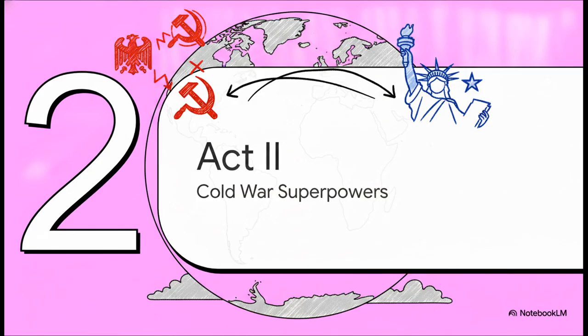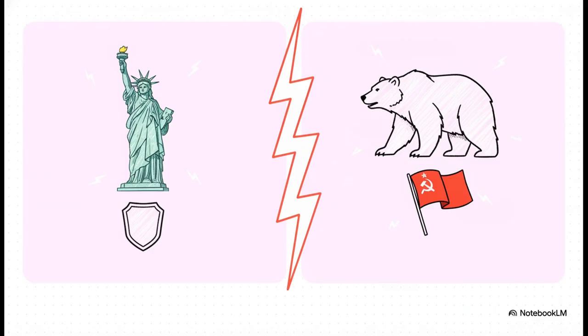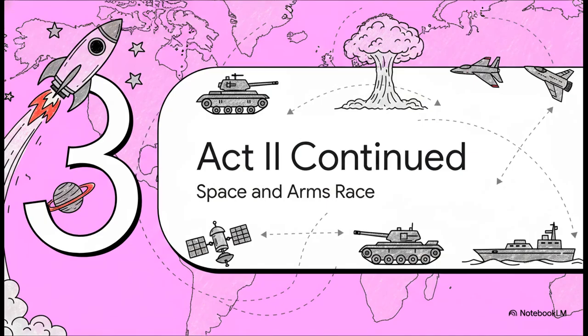Moving right along to Act 2, the Cold War of superpowers. Emerging from the utter devastation of World War II, the Soviet Union steps up as a dominant global force. And essentially, the world splits in two. On one side, you've got the United States championing liberal democracy, locking in their interests by forming NATO in 1949. Directly opposing them, representing communism, the USSR forms the Warsaw Pact in 1955. This pulls Eastern Bloc nations like Poland, Hungary, and East Germany into a strict military alliance. So now the whole globe is practically sliced down the middle by two fundamentally opposing systems, and both are absolutely terrified of the other gaining an inch of ground. And that paranoia leads us right into the next phase.